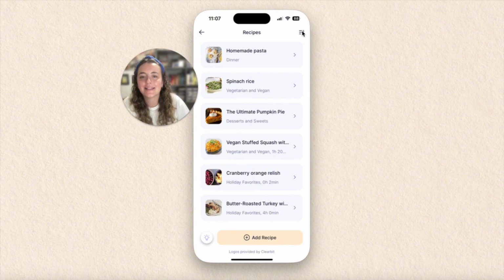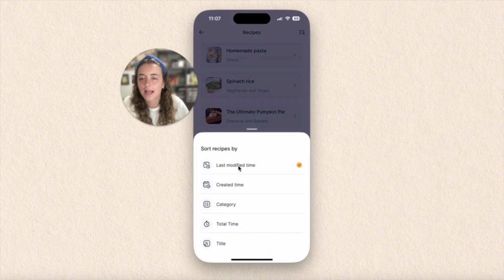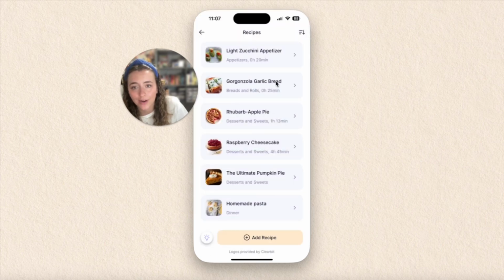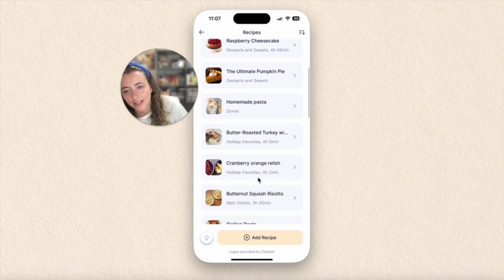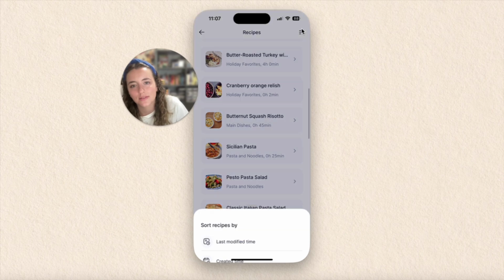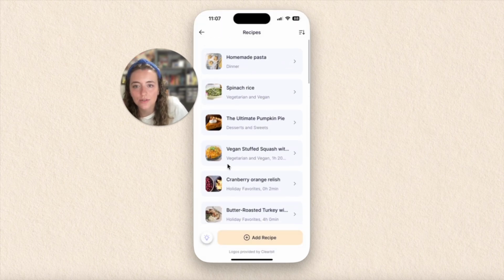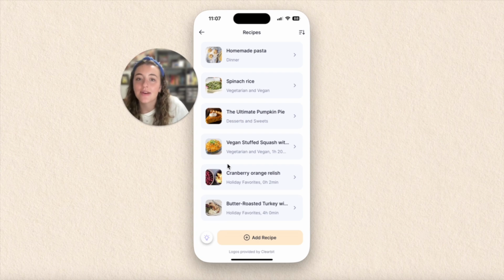So I can see these recipes by the last time they were modified, when they were created. I can go by cooking time if I know I only have 15 minutes. If I'm looking by the title, I can even go by category. So it'll kind of show appetizers, breads, desserts, dinner, holiday favorites, main. Anyway, you can see here. So, I'm just going to get back to last modified time, but this is where we can go in and